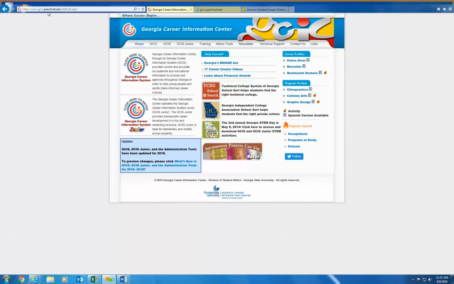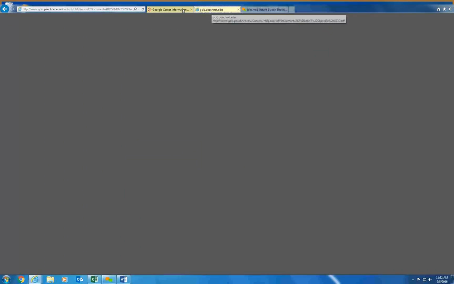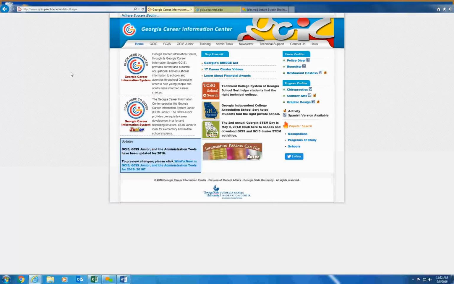And when you enter that URL, that will bring you to the Georgia Career Information Center's homepage. On our homepage, we have a wealth of resources that you can use to orient yourself in terms of how to navigate through the various items.